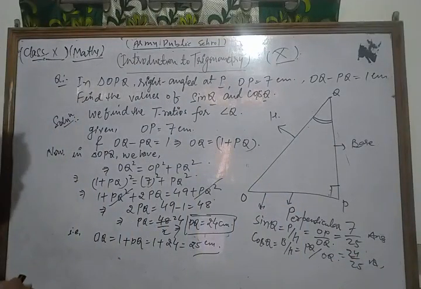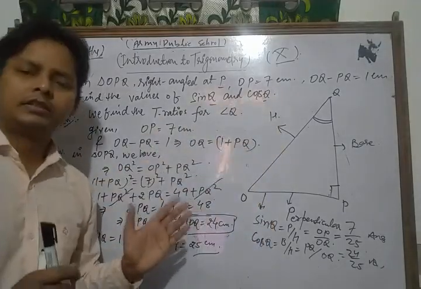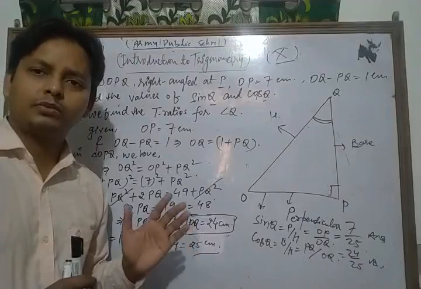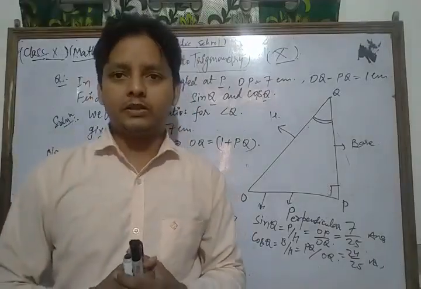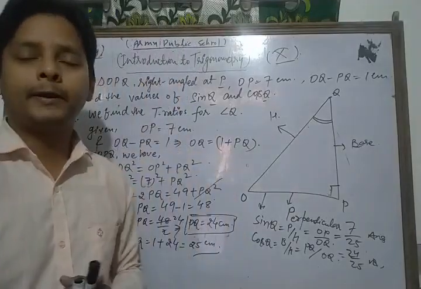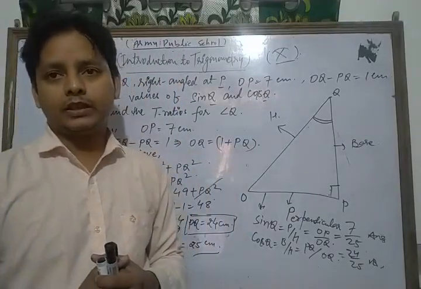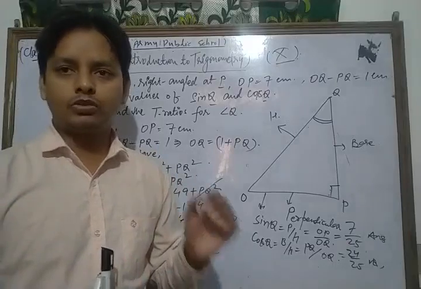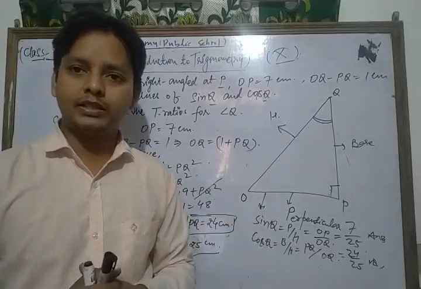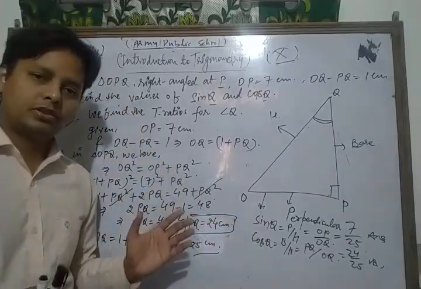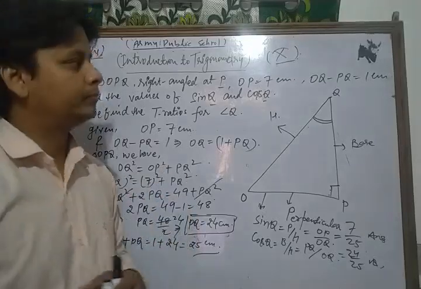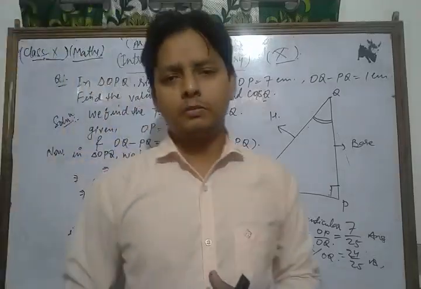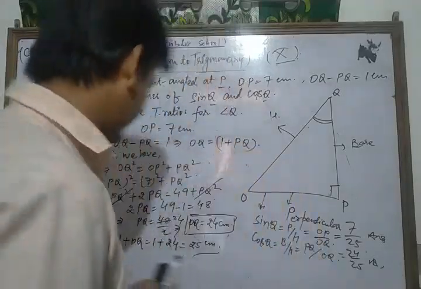So in this way, using that concept, you can solve that type of question, because this is one of the most important questions of your NCERT exercise. So please do more and more practice of that type of questions. After that, you can solve each and every question of your NCERT exercise based on trigonometric ratios for right angle triangle. Okay, now we take and solve some other important question of your NCERT exercise. Let's see.